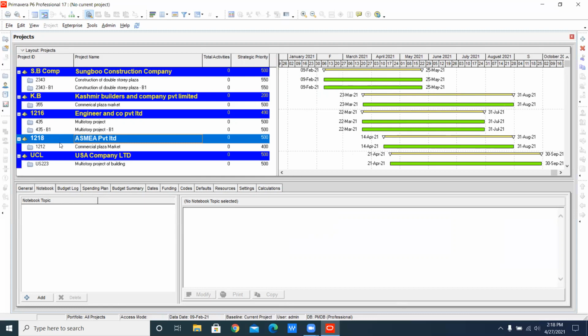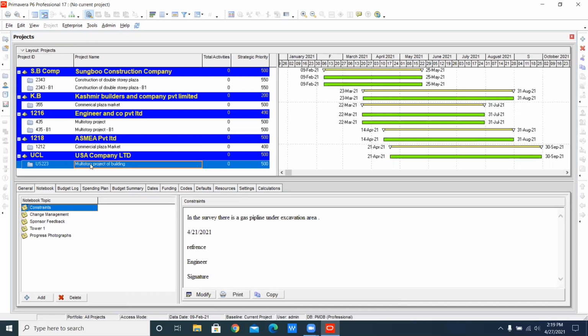At that time you are working on two to three projects. Then what will you do? Then you will apply the portfolio. I mean portfolio, it means I am talking about the company who is creating the project or who manufactured the project. Then you have to make your own portfolio for that. Now here's a USA company.